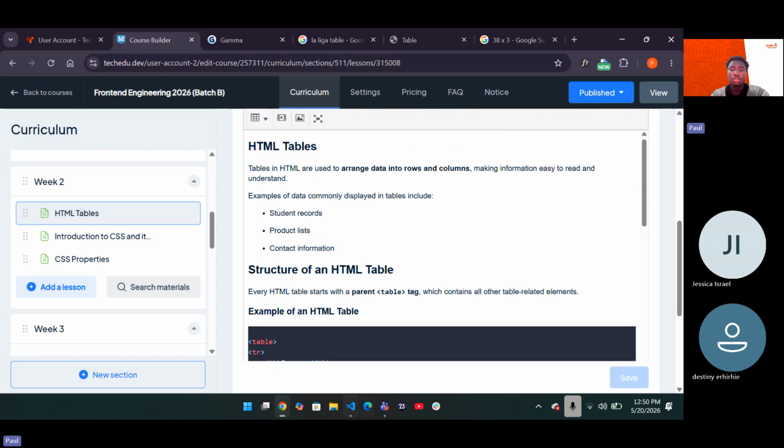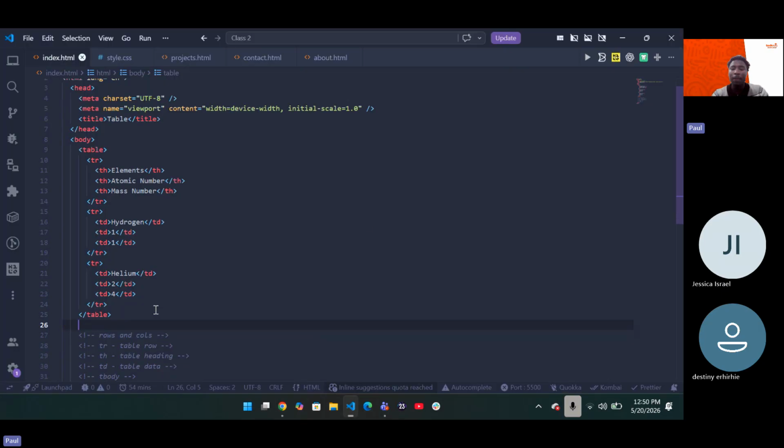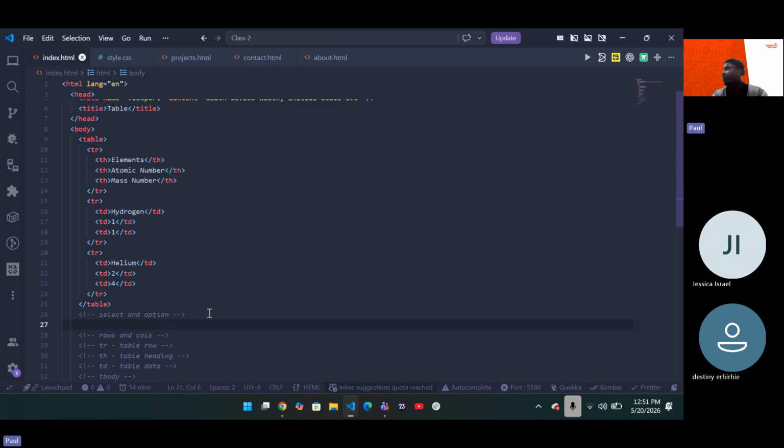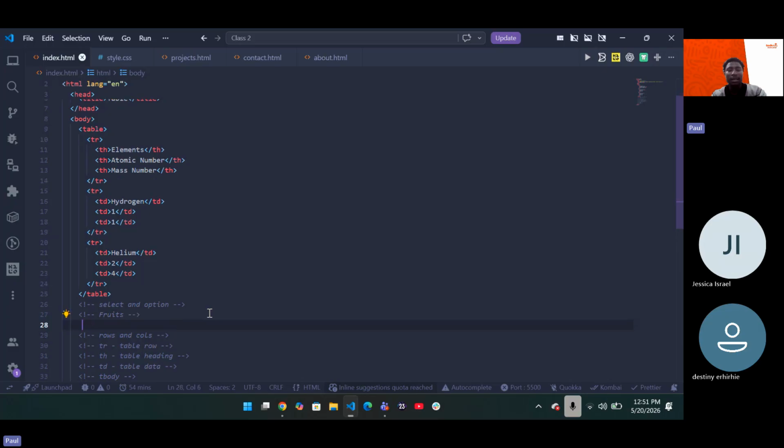To do this, you use a particular tag known as your select and option tag. Your select and option tags just help you create options where you can select different options. That's basically it. You create form fields whereby you can select different options from drop-down menus. Now, how do you do this? For instance, let's say you want to have a drop-down menu of fruits. I can have something like this,